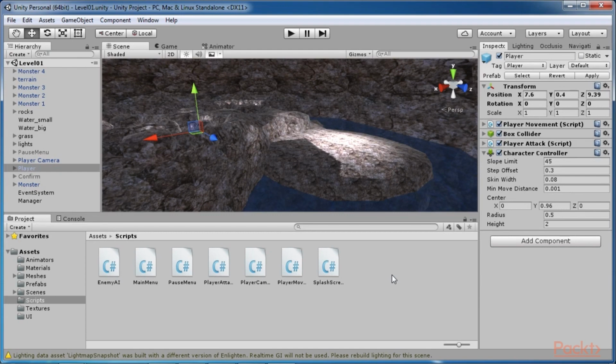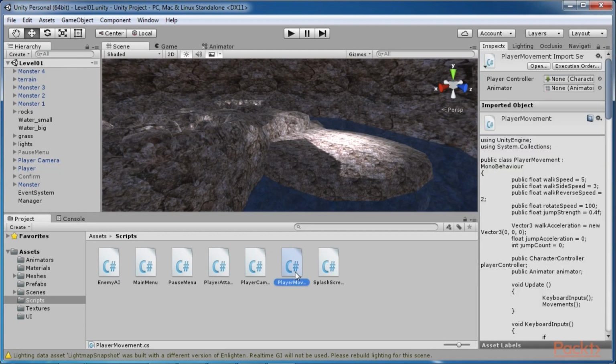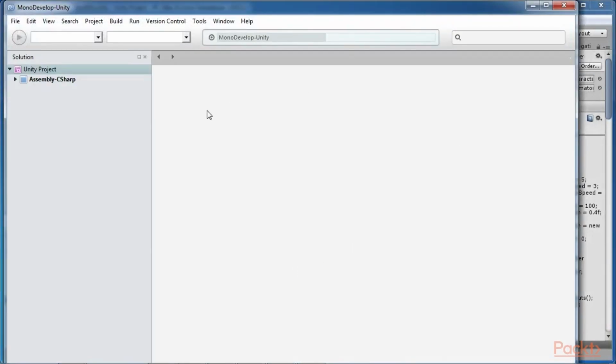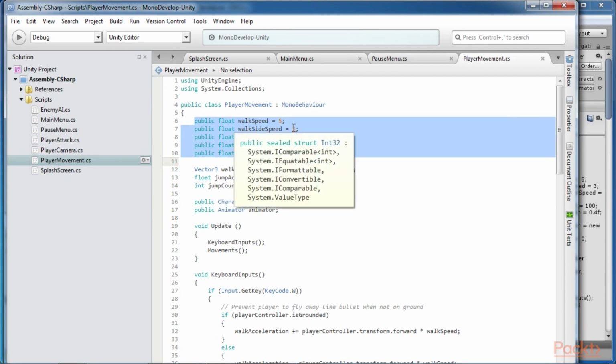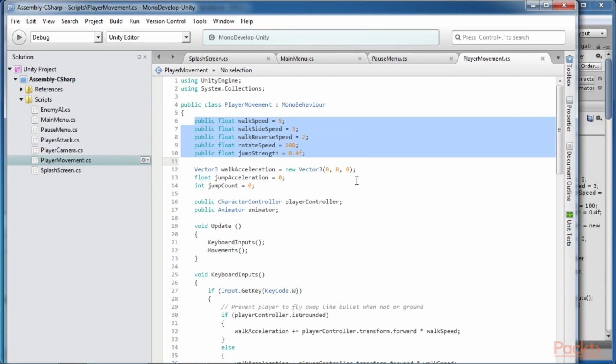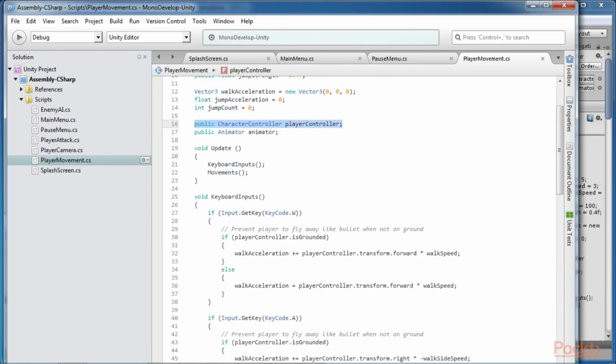We will create a new C# script called playermovement.cs. First of all, there are several variables that we need to declare, such as the walking speed, jumping strength, value for acceleration, and so on, which will be used to simulate the movements later on. Besides that, we also need to declare the character controller variable in order for us to use it to apply motion to the character. Next, we create two custom functions, keyboard inputs and movements, to separate the code